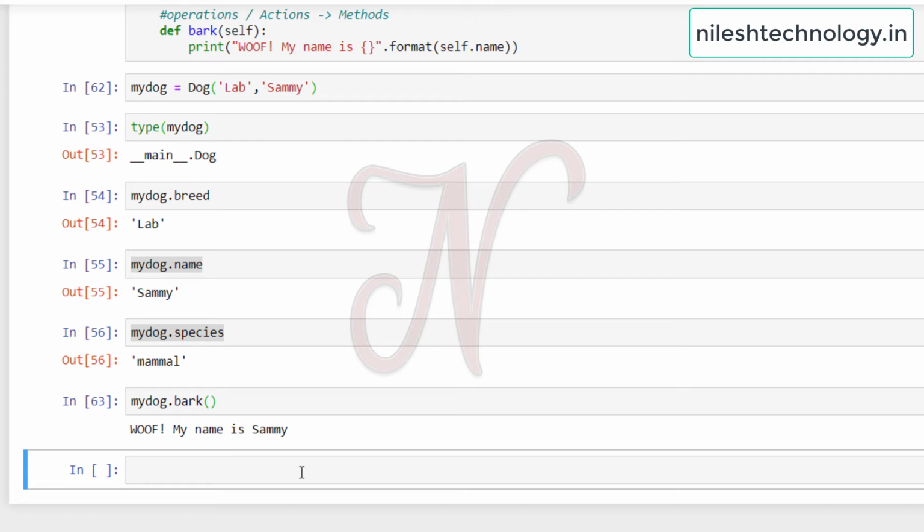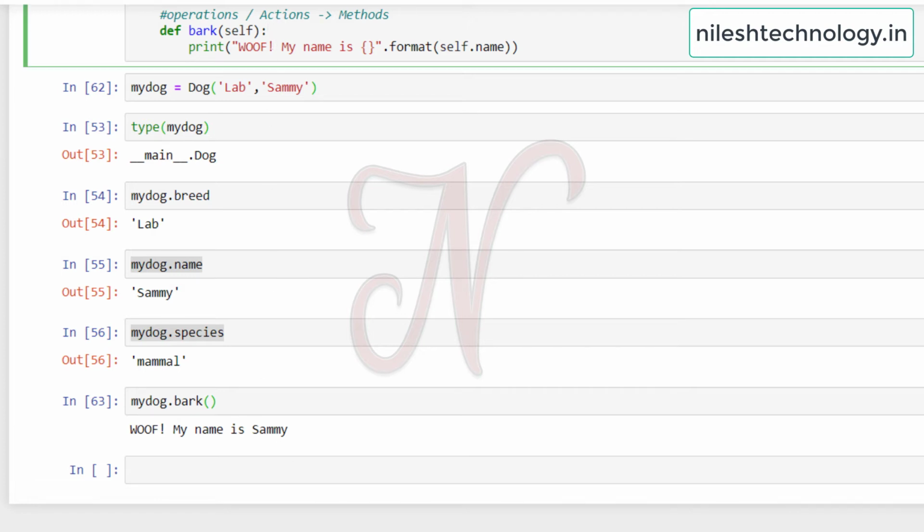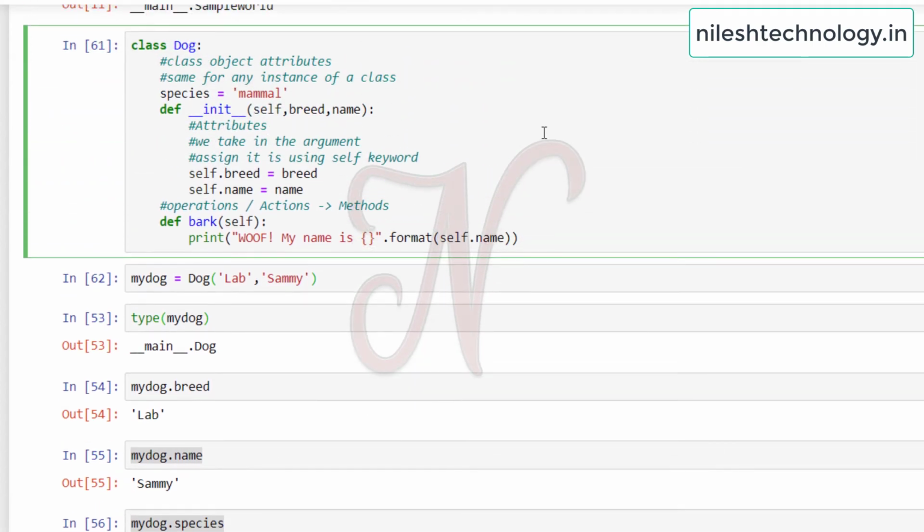Now we pass one parameter to this bark method. See here, this is your class, and here self comma, we pass one argument, name or number. So a method can take outside arguments, so we can pass some other arguments here. So always pass the self keyword as the first parameter. So remember this thing. And here my name is and the number is.